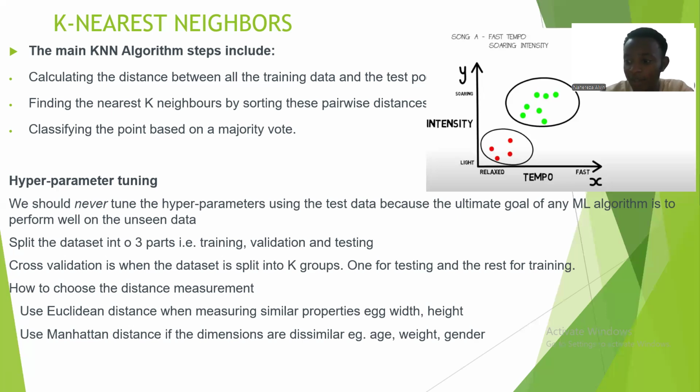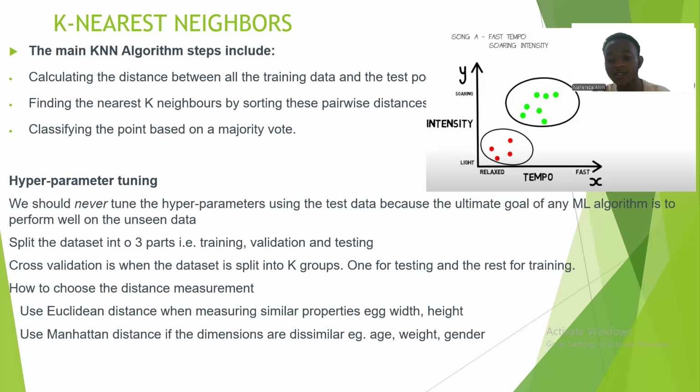So the idea behind KNN is to classify or predict the value of a data point based on its proximity to other data points in the feature space. So how it works, it calculates the distance between the new data point and all the training set using the